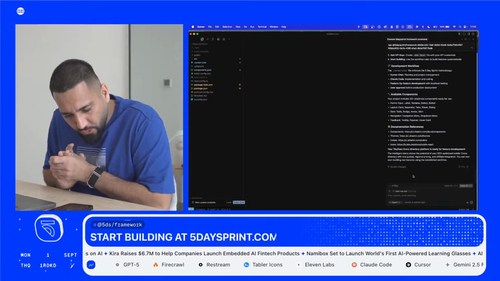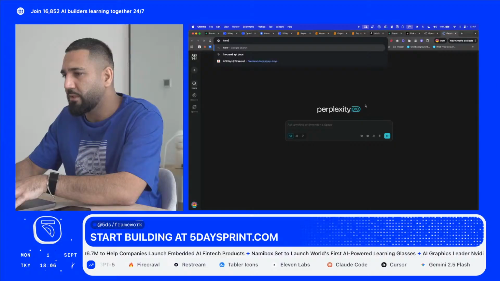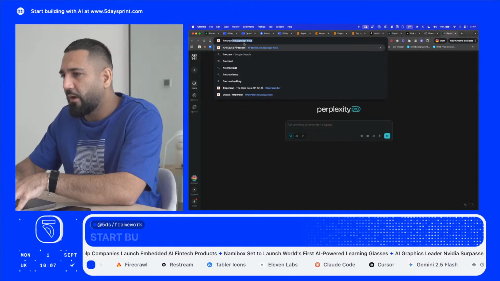What API do you use to scrape data? Yeah, so the API I'm using is called Firecrawl. We're going to go into it in a bit more detail soon. But if you go to firecrawl.dev,